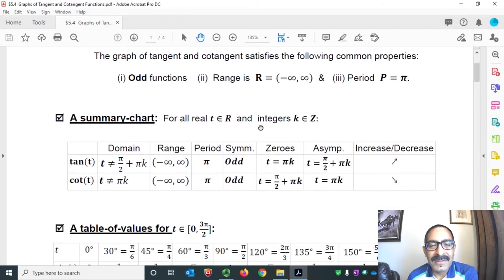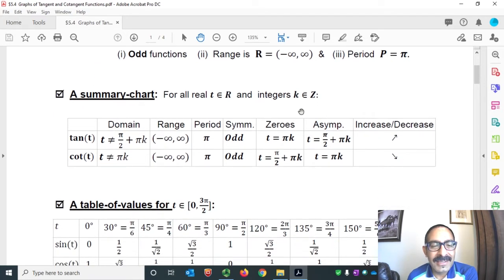A summary chart for all t and integer k: the tangent function, cotangent function, their domains here, their range is here, period is pi, both functions are odd functions. The tangent function's zeros are at pi k and cotangent function zeros are at pi half plus pi k. They have asymptotes. The tangent function is increasing in its entire domain and cotangent function is decreasing in its entire